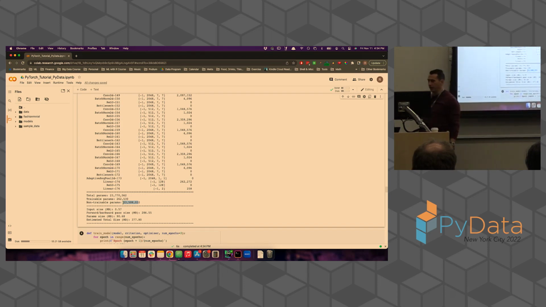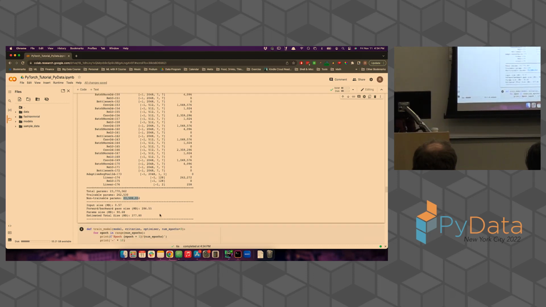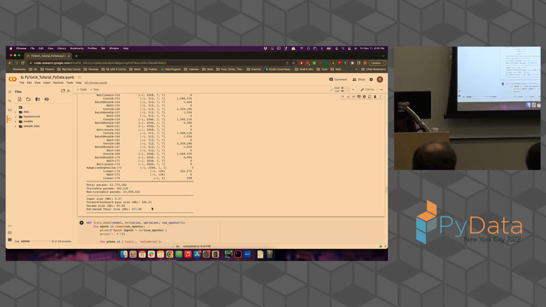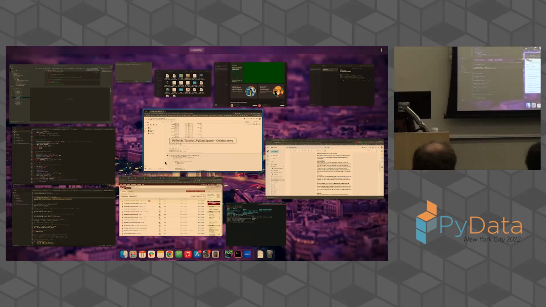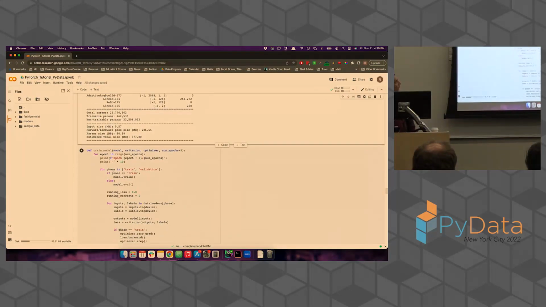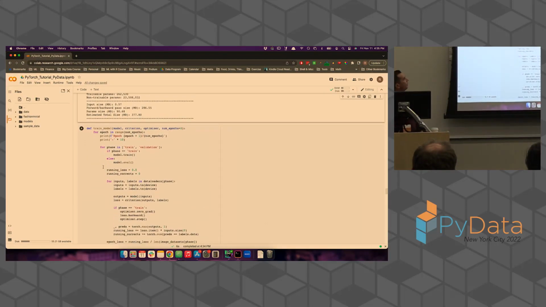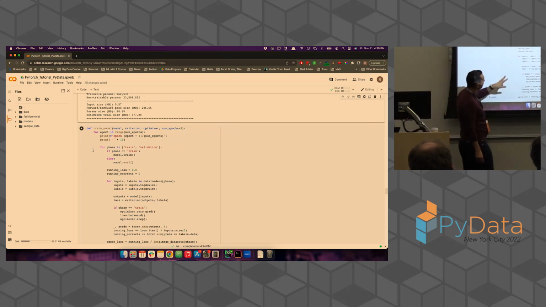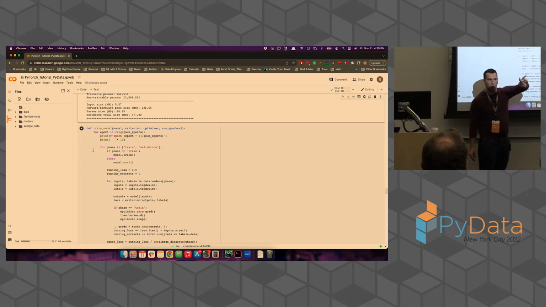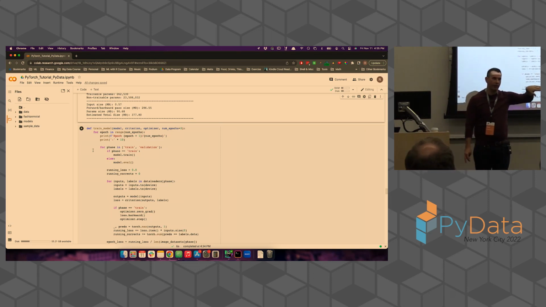That model is about 300 megabytes in size, almost 400 megabytes in size, there we go. And what we've got here, we're going to train our model. So I'll try to talk through this a little bit. So the very first part is just printing stuff. So you need to actually look at your model in two different phases. Your model is going to have a training phase and a validation phase for every single batch that you do,